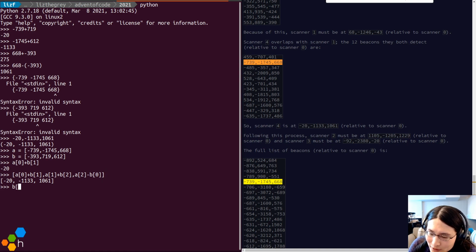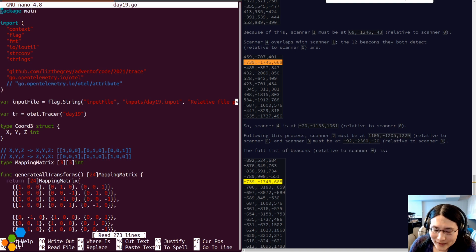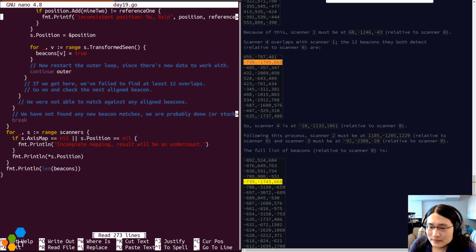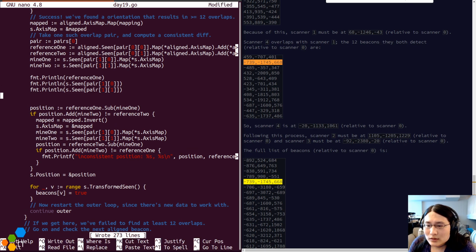And what's happening is this should be 0, 1, 0, 0, 0, 1, and then this is -1, 0, 0. This should be the transform matrix that I'm looking for. But instead, the transform matrix that I'm getting is here,